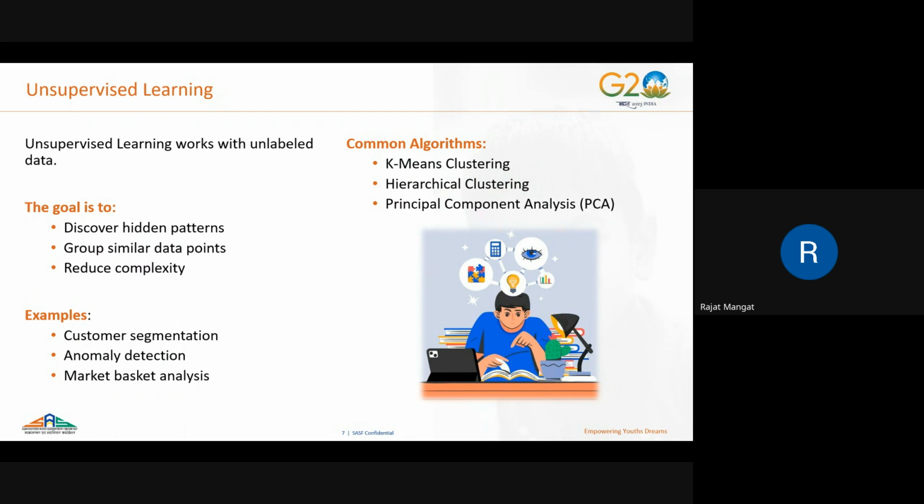Examples are customer segmentation and anomaly detection. Anomaly detection is like behavior that you have not expected. I have used this word many, many times. Like you were expecting a surge in your sales during the upcoming quarter, since your sales have been boosted for the last 3-4 quarters. So your product is performing well, the sales are increasing, but suddenly you saw a dip in your sales. That is an anomaly. That was not expected behavior. When the prediction deviates from the expected behavior, then it is called an anomaly.